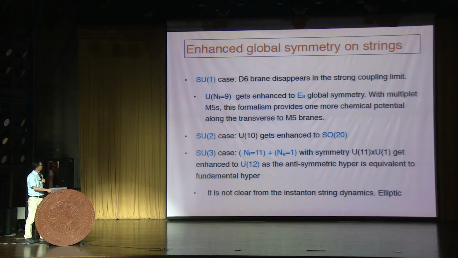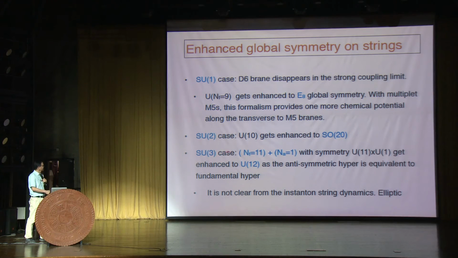Now, the SU(2) case, because the gauge group is U(2), SU(2), now we had a flavor symmetry U(10), but we know secretly that it has to be related to the Sp(2) case, the Sp(1) case, so the flavor symmetry has to be SO(20). And indeed, one can show from the index calculation that the flavor symmetry is SO(20).